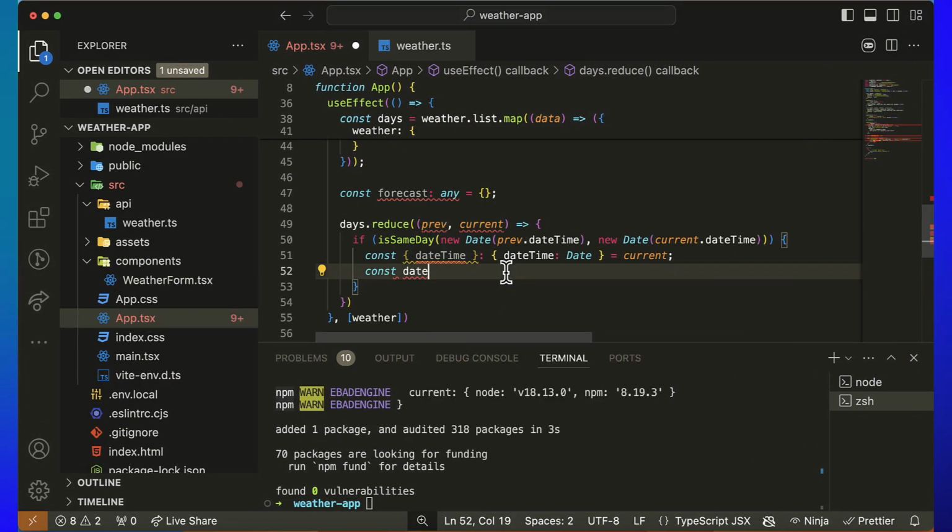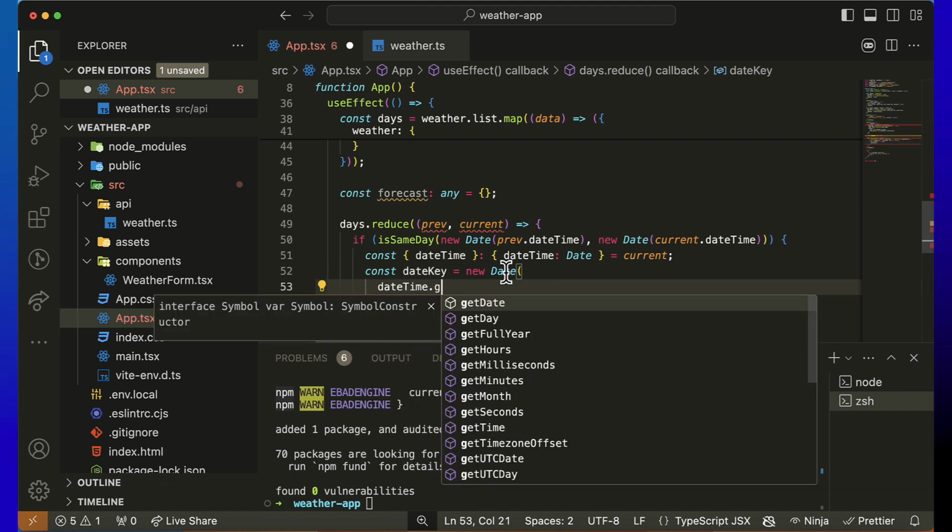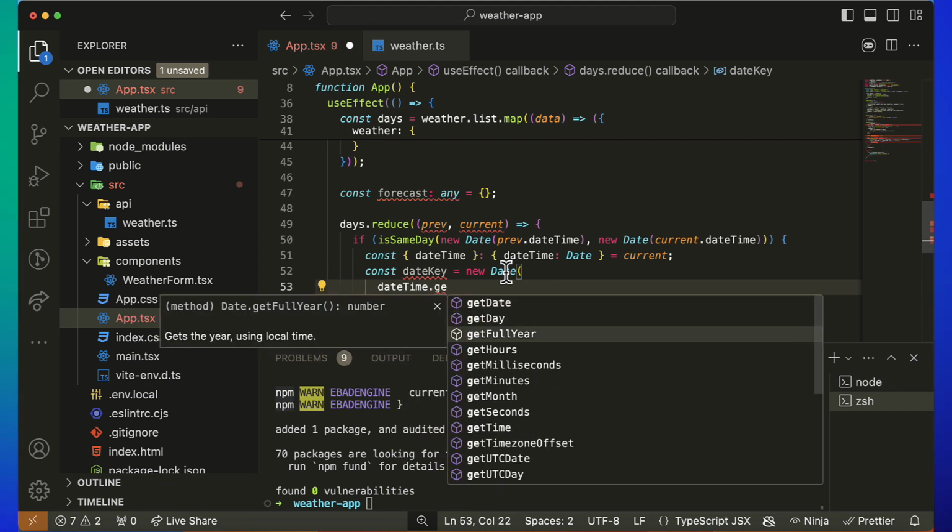So just call this dateKey. I'm just going to say new Date, and then I say dateTime.getFullYear,